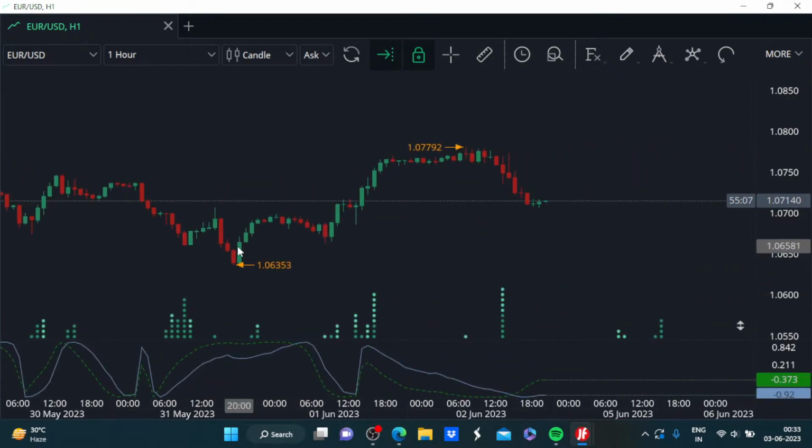Then it started to turn bearish, and it didn't really remain bearish for very long. Again, it changed course, and we had a slight bullish bias in play in the early part of today's trading session, but then we saw that things stabilized around 1.077,